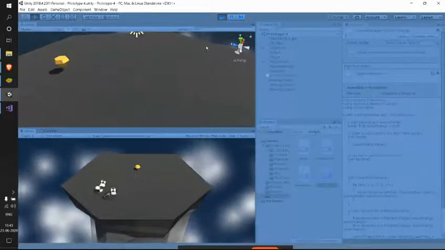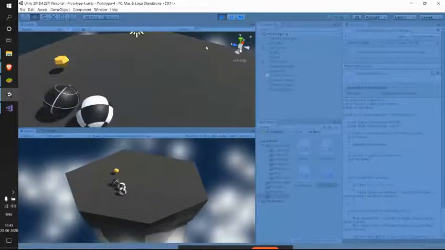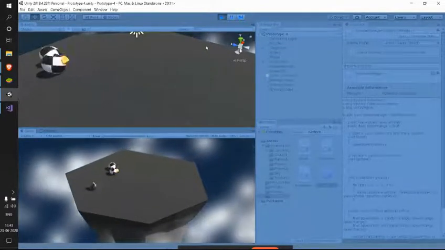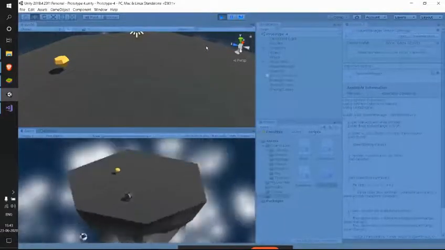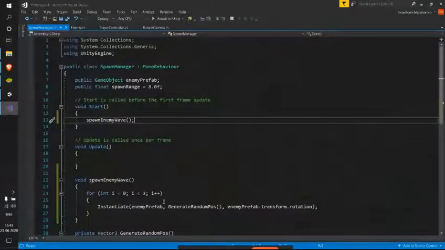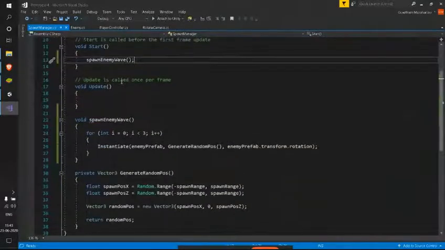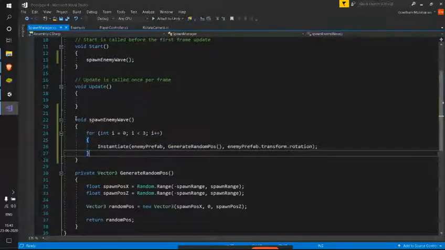Yes, see here, it's the same thing now. So now there is no use of just cut pasting this particular block, right? We have made a function, and we can use it in a better way.